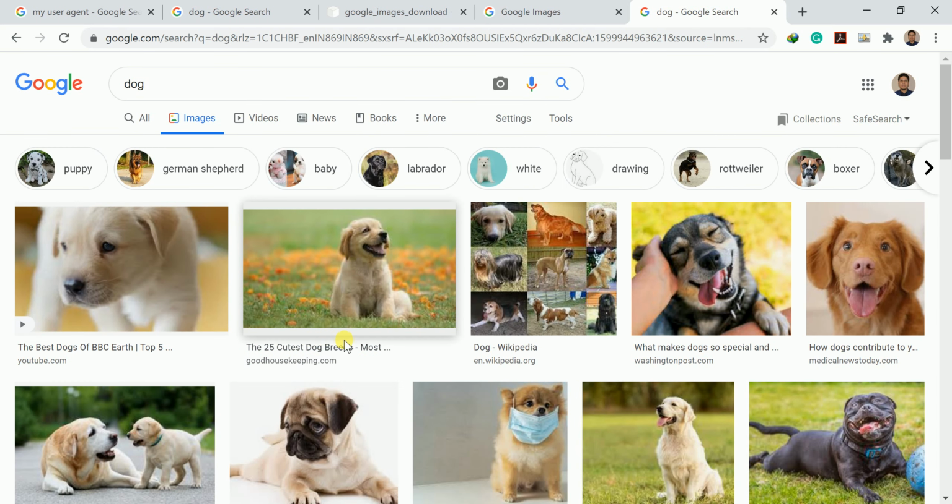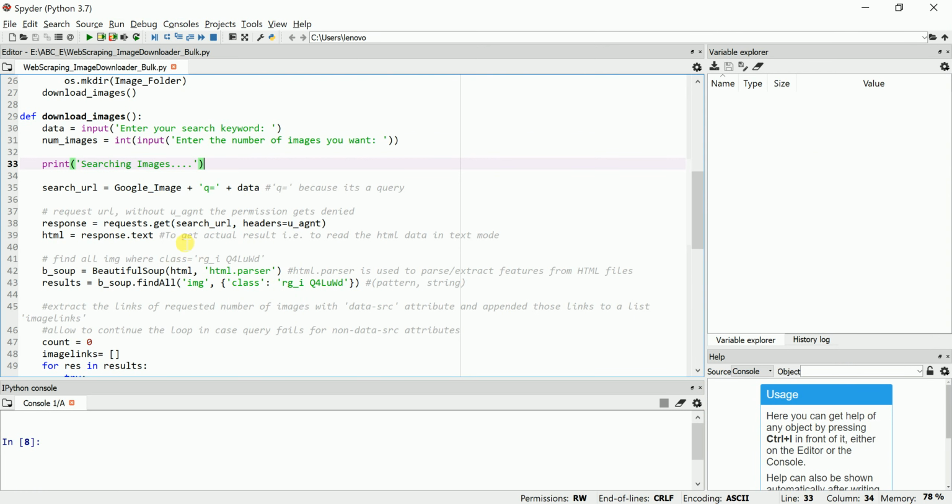If you are searching for a difficult or long keyword, first search the keyword in Google to see whether relevant pictures are coming. If relevant pictures are coming, that means the keyword matches your requirement. That keyword you can put as the input to this enter your search keyword.